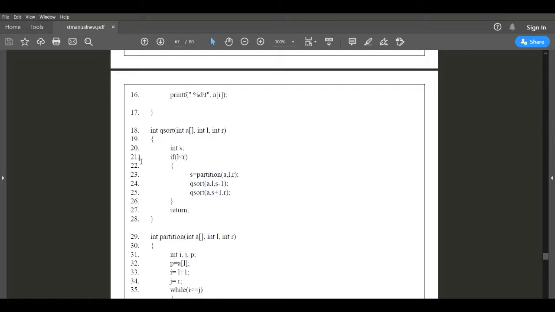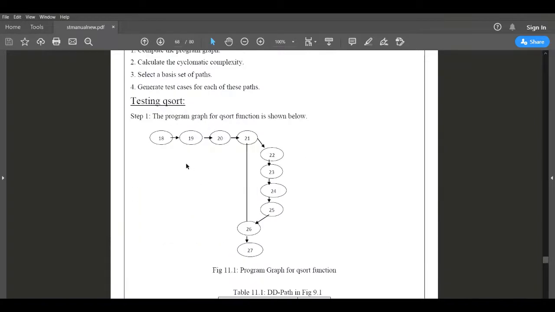If the condition is true, then I will execute 22, 23, 24, 25. The conditional statement will end with 26 by returning some value. We are closing that function in line number 28. You can see here it starts with line number 18, then 19, 20, 21. 21 is the conditional statement. If this condition is true, then I will execute 22, 23, 24, 25, and then we are ending with